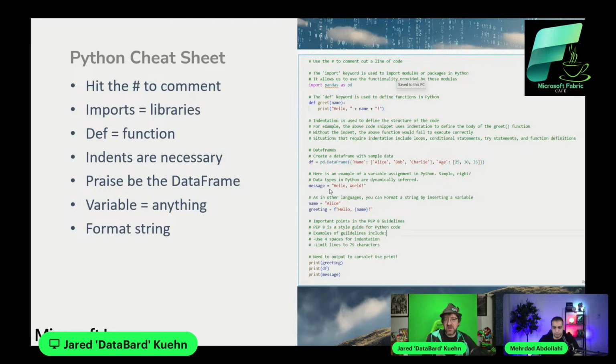Formatting strings. We all like to format strings. Sometimes we want our strings to be dynamic. The scenario I had up here is one. Here's another one. That F in front of a string, that's not a typo. The F allows me to then use these curly brackets and insert values into a text string. Again, similar to what I believe PowerShell is able to do. Kind of a cool thing to do if you want dynamic text in here.